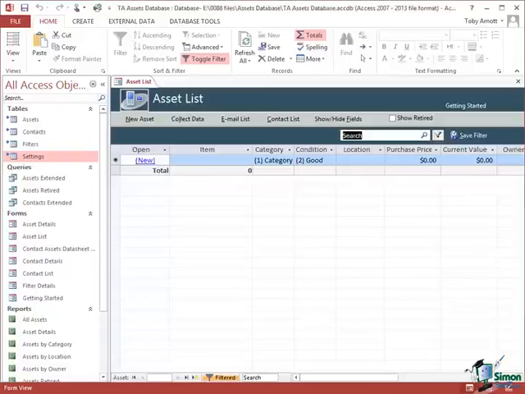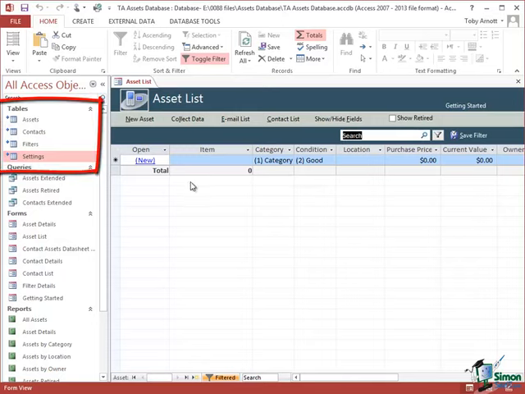Hello again and welcome back to our course on Access 2013 Advanced. In the previous section we split a database, in fact an assets database, into two parts, a front end and a back end. And I'm looking now at the front end of the database, and on the basis of our split, if I look at the list of objects in this database, all of the tables are now marked as linked tables, and the tables of data themselves reside in the back-end database, which is in a shared location on